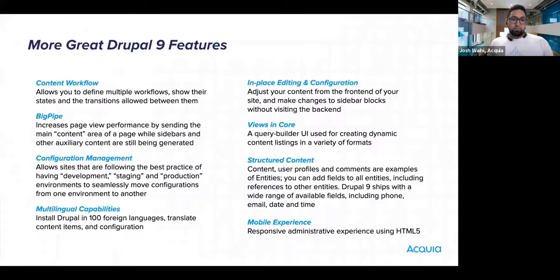Next slide. And there are a bunch of other great features in there. So there's things like in-place editing, content workflow. BigPipe is a great performance improvement for authenticated users. Developers get to leverage built-in configuration management. In Drupal 7, there was something called features, which was a precursor to configuration management. Views, which is something that almost every site needed since Drupal 5, has now been built into core in Drupal